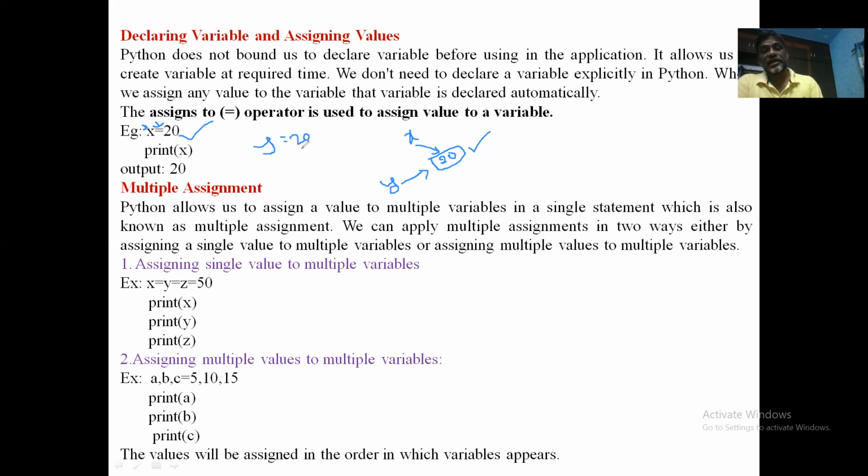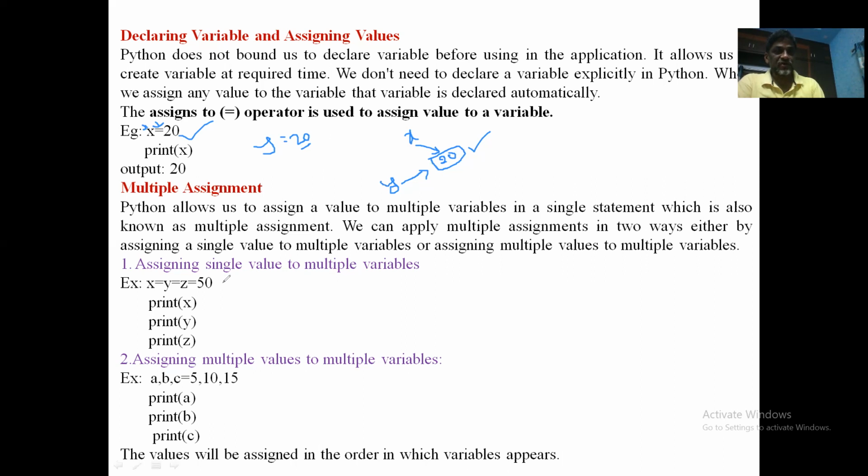Whenever you write a number in Python, it will be created as an object, and whenever you assign it to some variable, that variable acts as a reference to the corresponding location. So only one number with the same value will be created in memory, and every variable that points to that number refers to the same memory location. You need to understand this. So this is about the basic assignment operation.